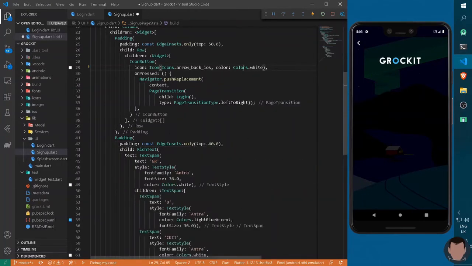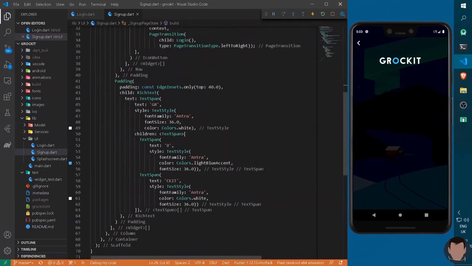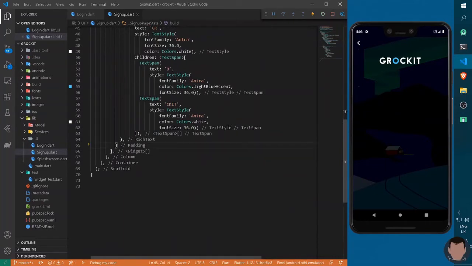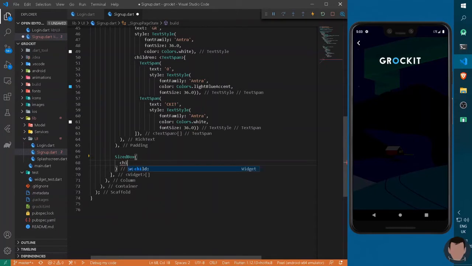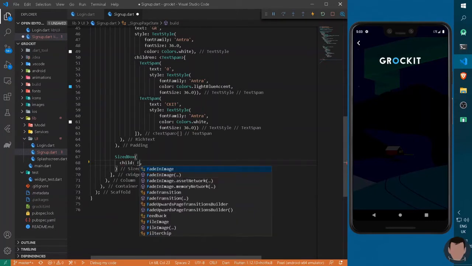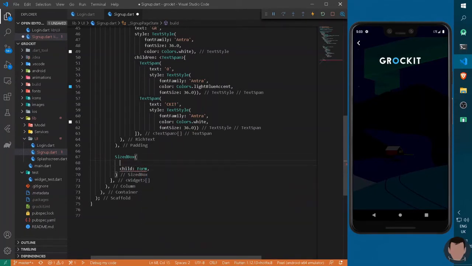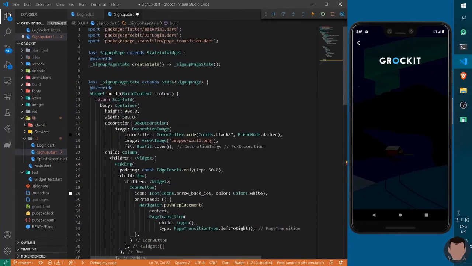So under this title, let's create a form. So I can come out of this padding and create a sized box here, which will have a child of form. Also let's give this sized box some height, let's say 400, and this form will be needing a key. So we can create a new key that will be a global.